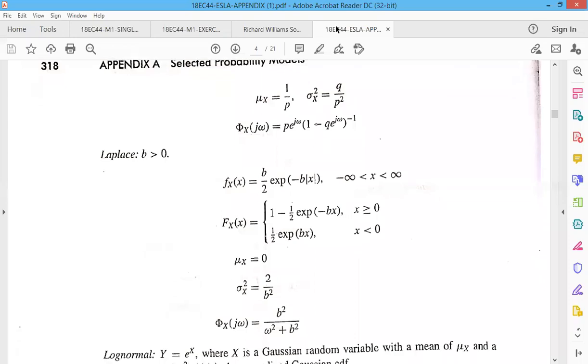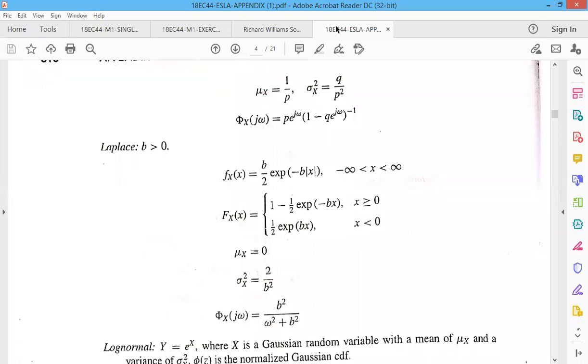So here you can see in the fourth page, the equation of CDF as well as the PDF is given for the Laplace random variable for which b is greater than 0. So here you have to look at the CDF and the PDF equations from the appendix. In the exam also, we will be providing this appendix. So here no need to mug up all these equations. You just need to know how to use this appendix. So from this appendix, you can note down the equations of the CDF and PDF.